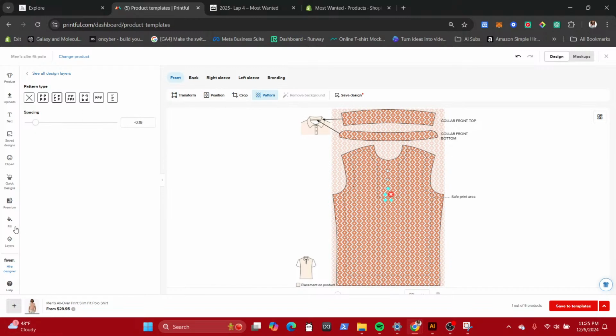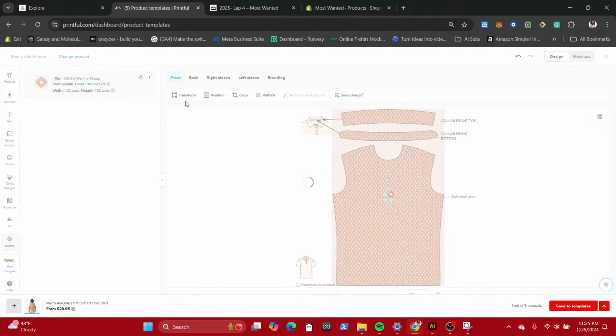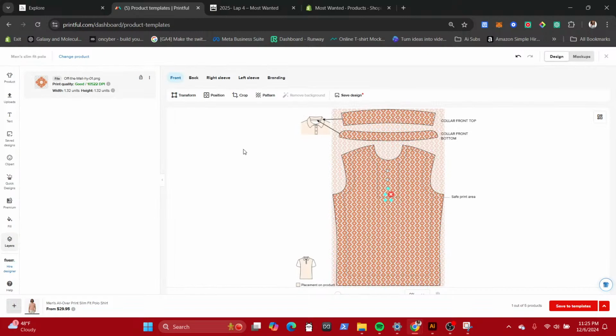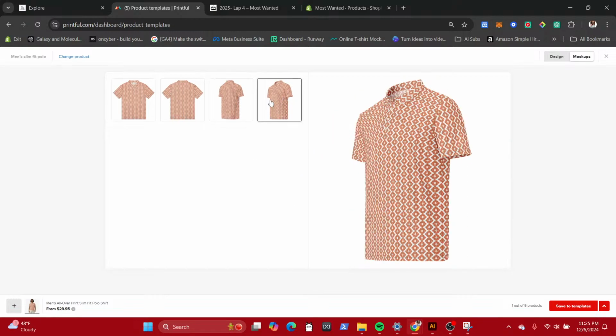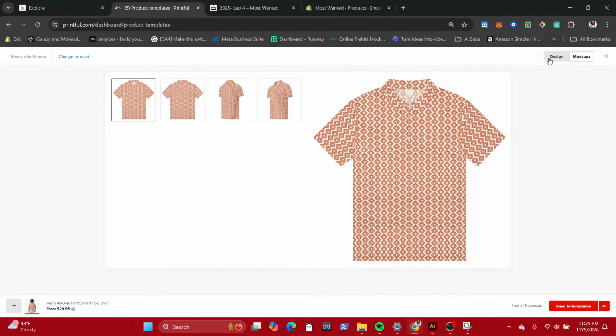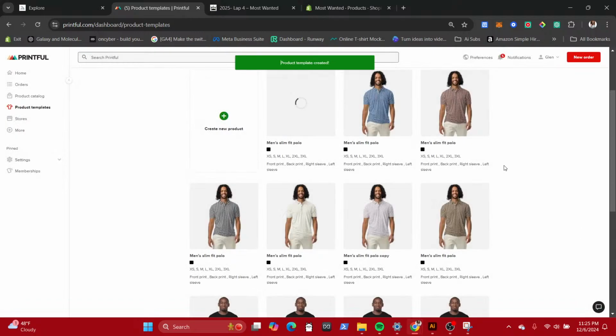Easy, layer, duplicate to all. Right? And then we're going to go mock up just to get a better look. I don't mind that. That's pretty cool. So if we were to save it, just to get a general view compared to the other ones.